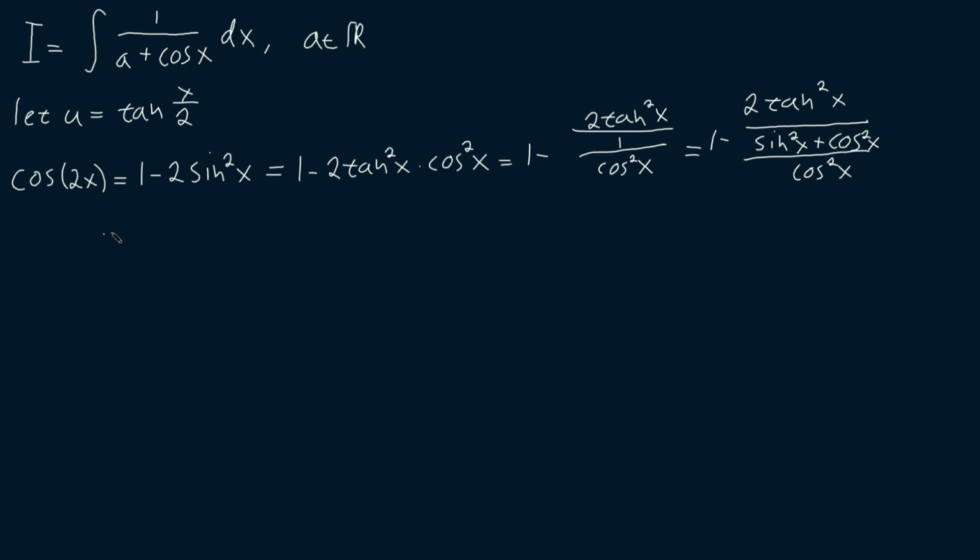Then this is equal to 1 minus 2 times tangent squared of x over, first we're going to write cosine squared of x divided by cosine squared of x, which is 1, plus sine squared of x over cosine squared of x, which is tangent squared of x. And then we're going to get the 1 to the numerator by multiplying with the 1 plus tangent squared of x, and from that we're going to subtract the 2 times tangent squared of x, and all of this divided by 1 plus tangent squared of x,